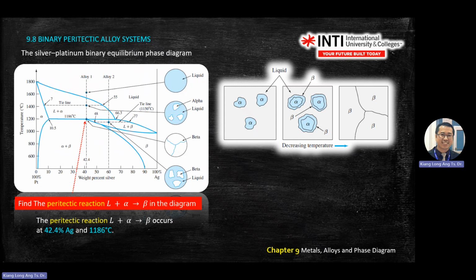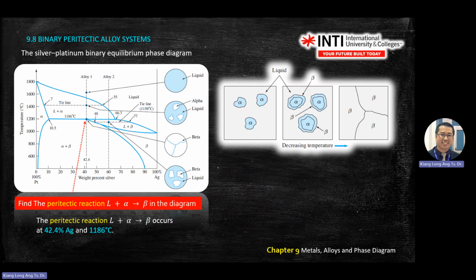So this is what happens if you decrease the temperature. When you have peritectic, you see the diagram. When it is in liquid plus alpha, you draw liquid and alpha. But before it forms into alpha beta, which is here,